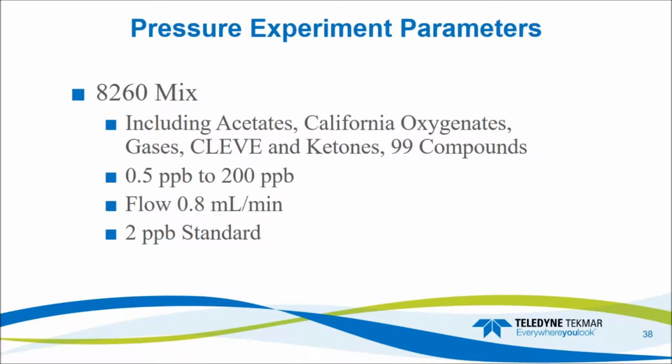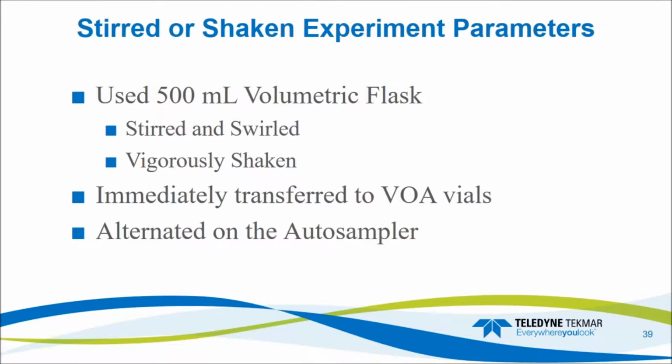So what we did for this one was we did the same thing, took the 8260 mix, half ppb to 200 ppb calibration curve we didn't use. We set the flow at 0.8 mils per minute, and we used a 2 ppb standard. So what we did on this experiment was we used a 500 mil